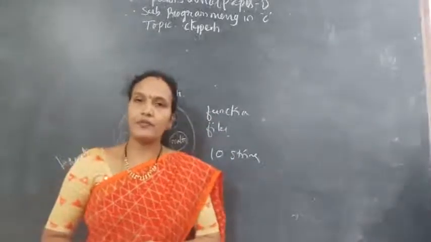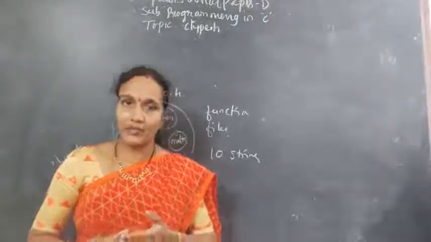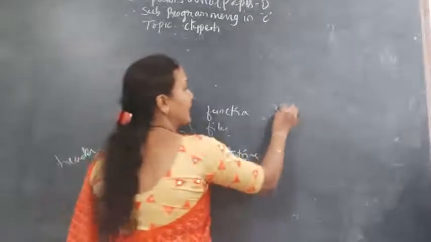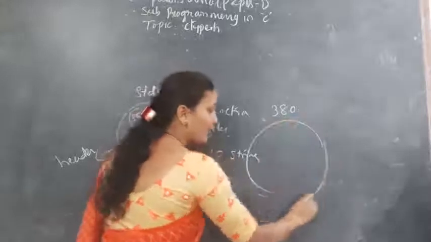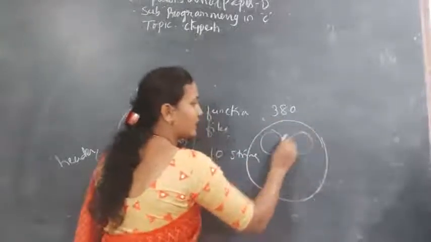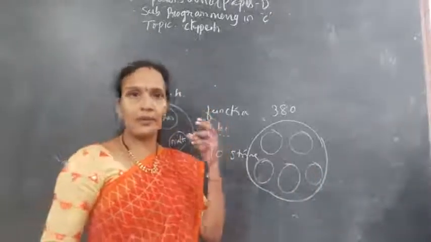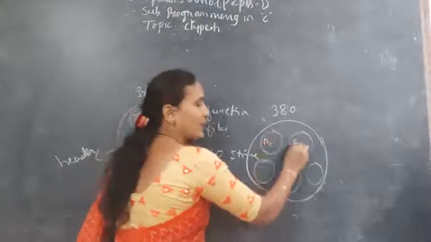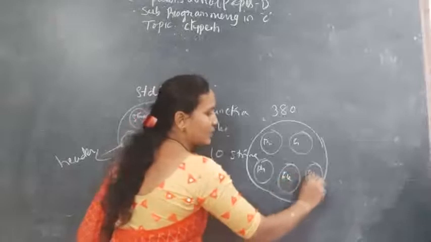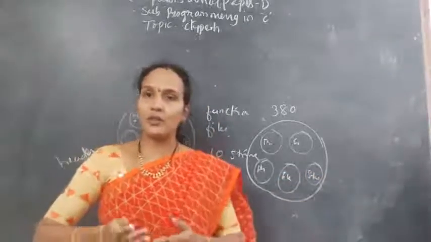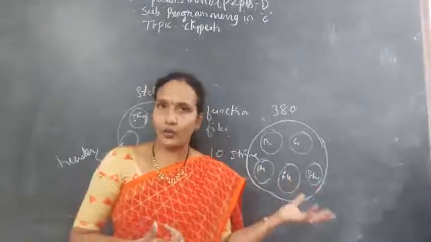Say, for example, there are first year students. In first year, in total we have, for example, 380 students in our college. Out of these 380, how many groups are there? BCom computers, BCom general, physics, electronics, statistics. All the BCom computer students are one group, the general group is one group, physics one group, electronics one group, and statistics one group. So depending on the specialization of the students, we have different types of groups.